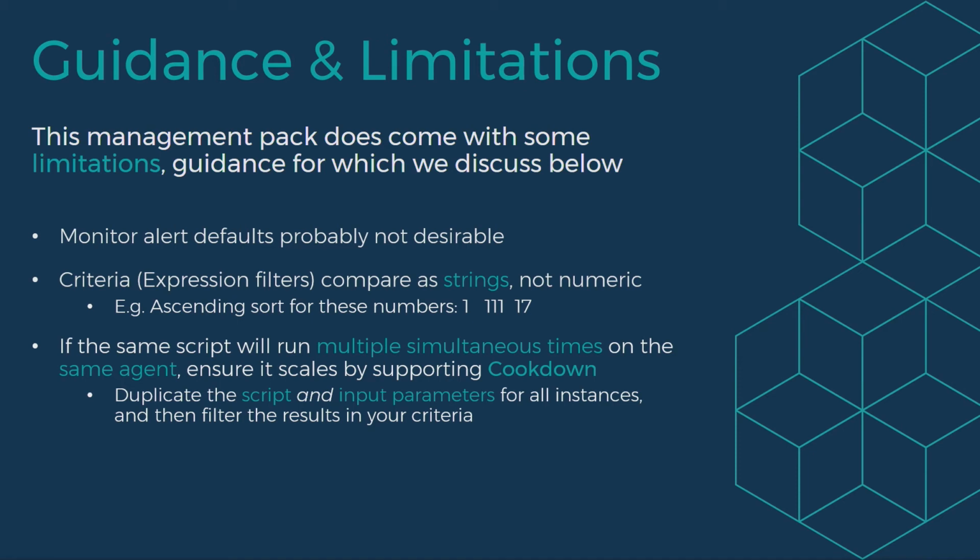Now, the way you get around this, if, for example, the script needs to know about a particular database to be able to run, is rather than coding it to say, here's a database name, check that database, and then return output, you have the script discover all databases on the system, regardless of whether they'll be used or not, and output a property bag for each database. Then in your criteria for that monitor, you can say, find the property bag where the name equals the value from SCOM, and the result is healthy or unhealthy,